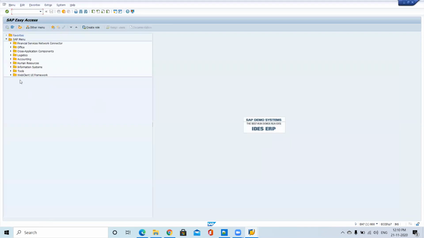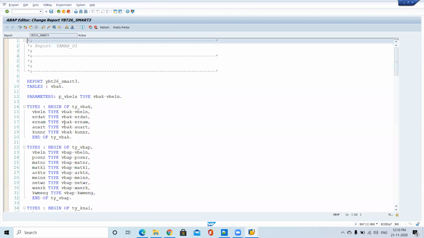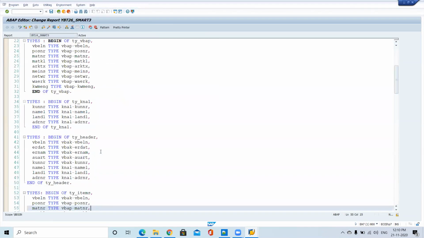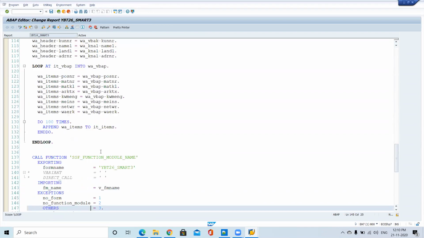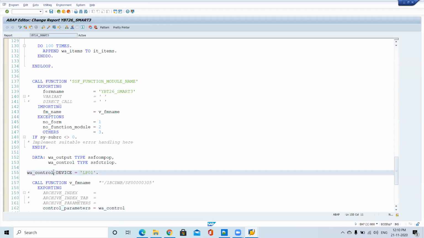TD destination. So instead of passing from the controlling parameters, I'm just trying to pass from output options. In the same place, in output here, instead of this one, I'm just trying to pass this.